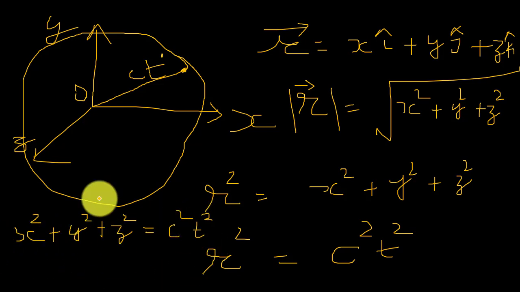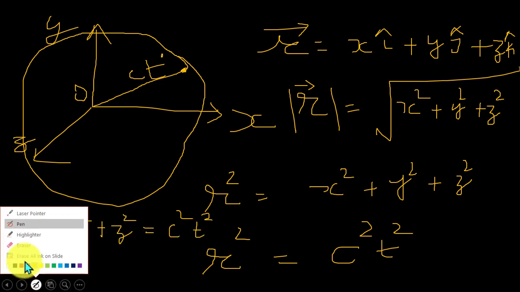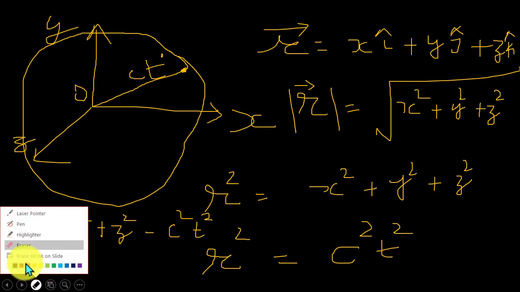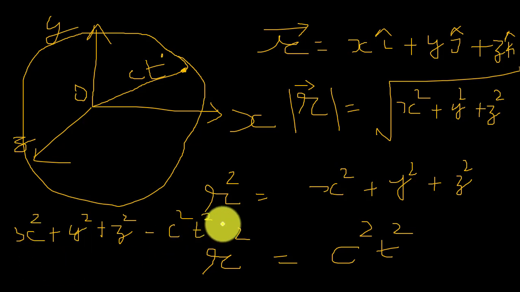Clear? So here we have the three components. If I take c square t square here in this direction, then what will happen? I will have to take that, which will be equal to the radius vector. Now this becomes our radius vector in the 4-dimensional space. So here the x component, the y component become the x2 component of the vector, the x3 component the z component, and the x4 component is the minus of c square t square component, which is the fourth vector here.